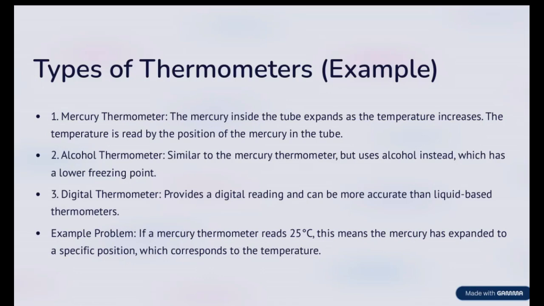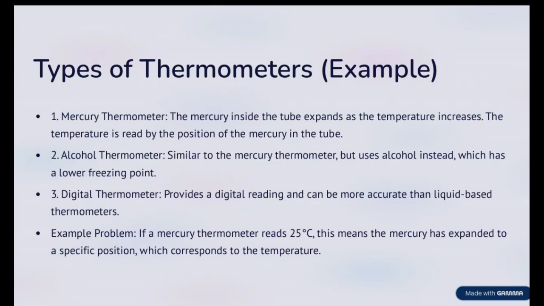Alcohol has a low freezing point. Because it has a low freezing point, it can be used to measure very low temperature. Before it will freeze up and become solid, it will take longer. You take it to a lower temperature before it can freeze up and become just an alcohol block, or alcohol ice block. So because of this, the alcohol in glass thermometer is preferable for measuring low temperature, while the mercury in glass thermometer is